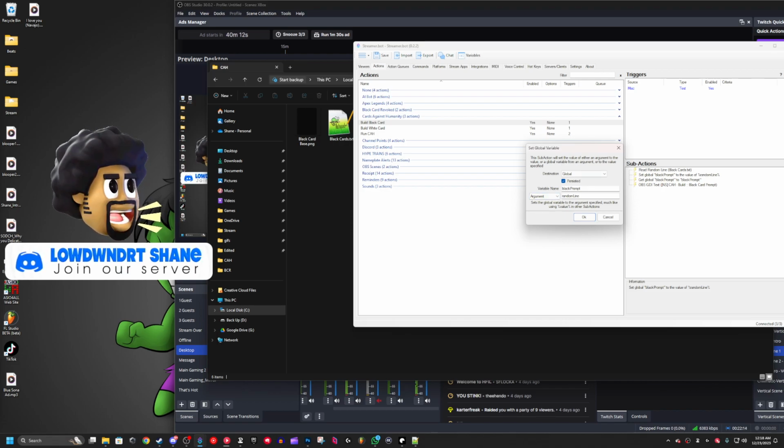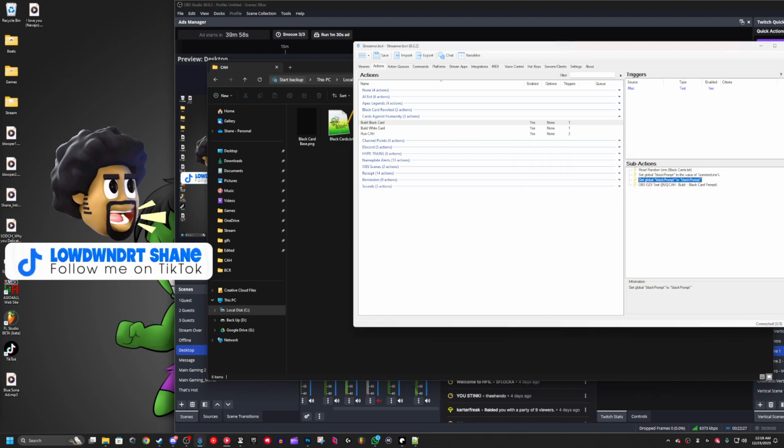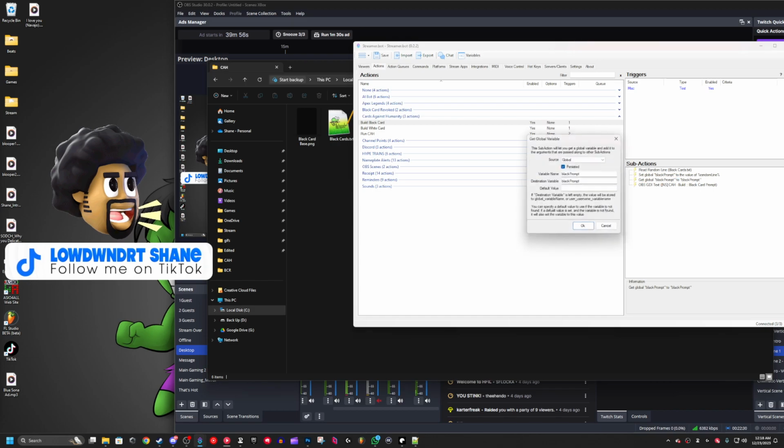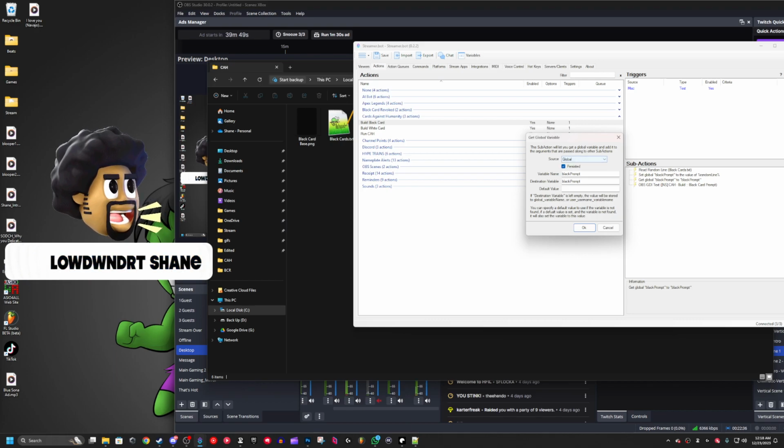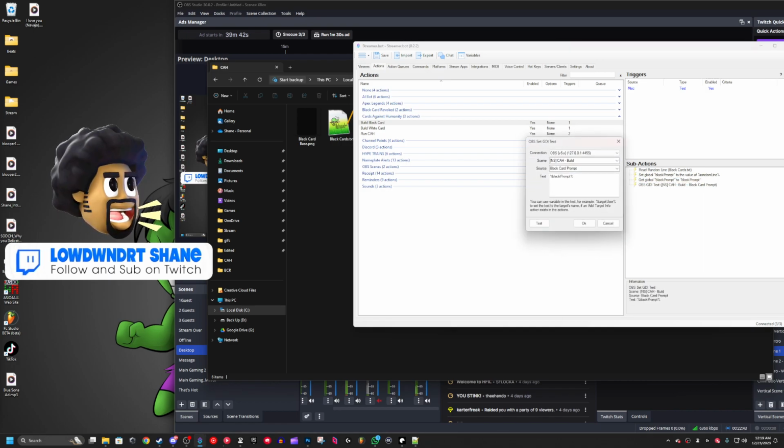Because when you're building both the black card and the white card, you're going to use the same sub action, which is going to give you the same variable. And you don't want both cards to say the same thing, right? So you have to set that argument. Okay, so once you set the argument, then you have to go out and get the argument. Once you set your global variable, you'll say get global variable, and you'll just look for the variable that you named before. So I set it as black prompt,